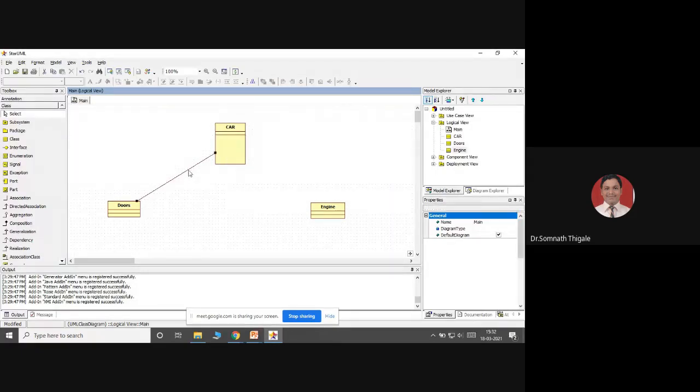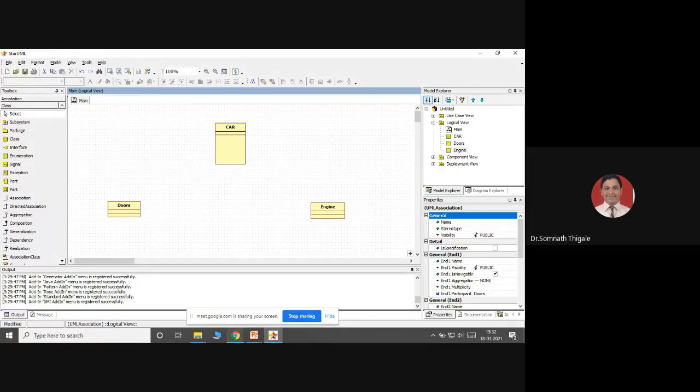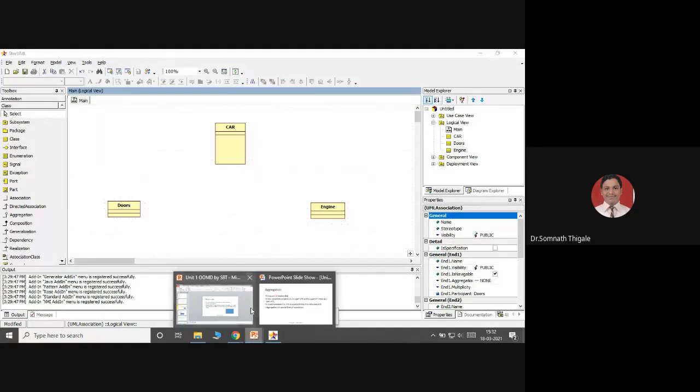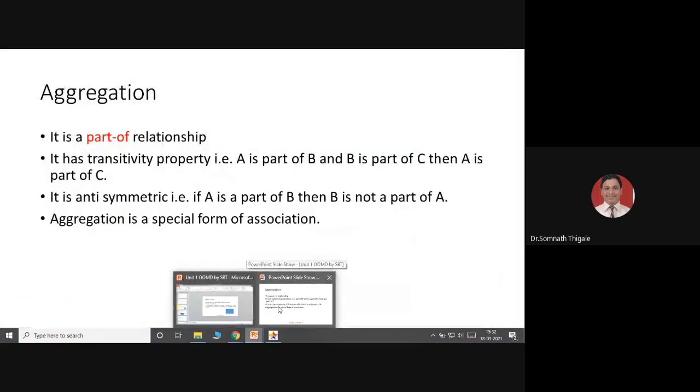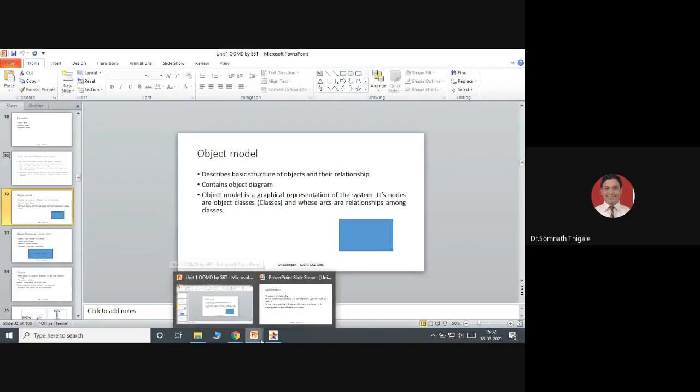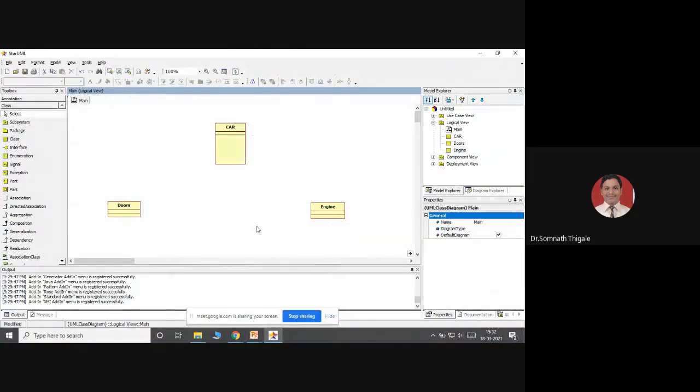But I want to specify the type of relationship, a part-of relationship. In that case I have two options: I can go with aggregation or with composition.